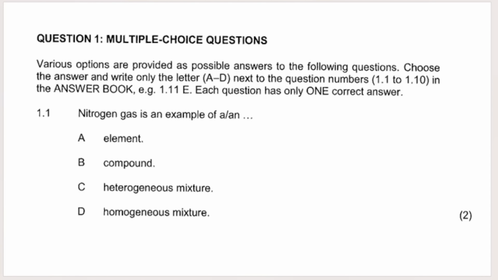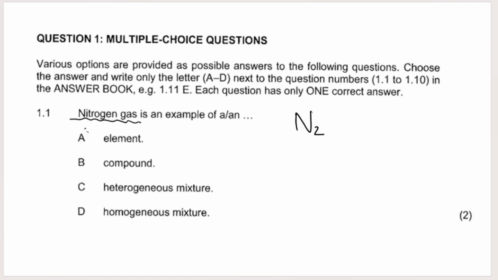Let's jump into multiple choice questions, which, as you know, in physics and chemistry is always question number 1. Our first question says nitrogen gas is an example of, and they say element, compound, heterogeneous or homogeneous mixture. Well, nitrogen gas is a pure substance. It is N2. And if we take a look at the options that they've given us, we know that nitrogen